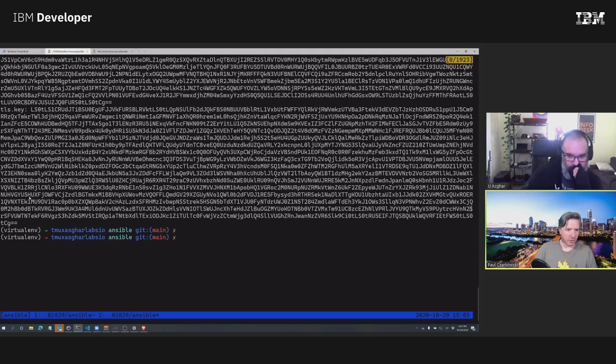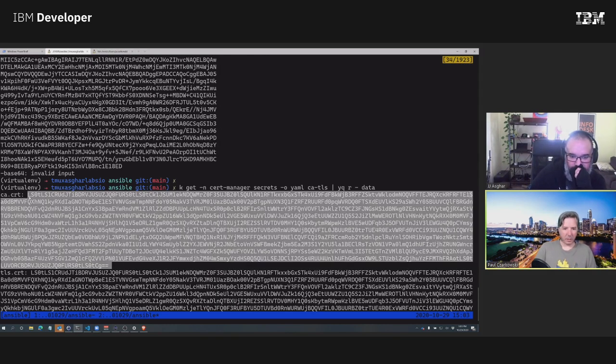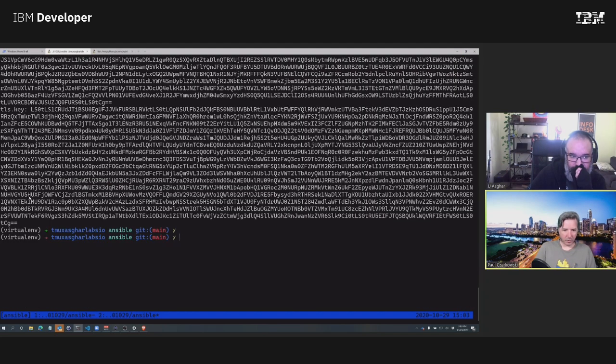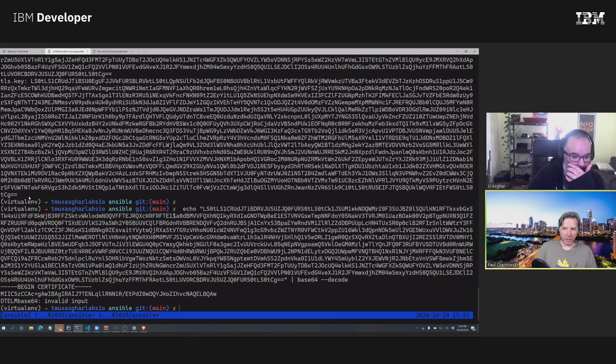CA cert there. Copy that. Echo it. Base64 decode. What the ever-loving? Oh, is it doing some wrapping? It's wrapping it or something.